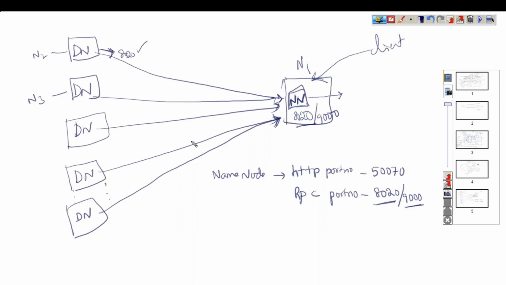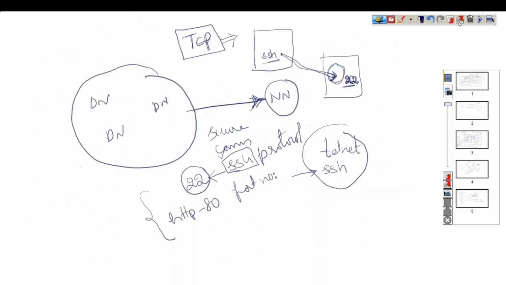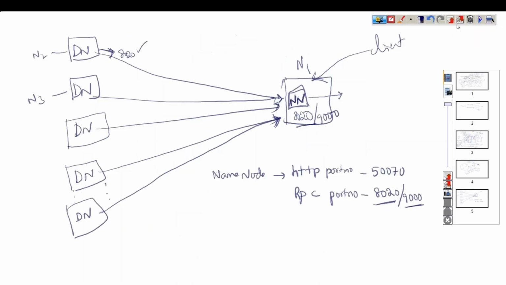Now, when the copies get replicated, who is creating these replications? Data nodes, right? That means even data nodes must have communication among themselves, isn't it?